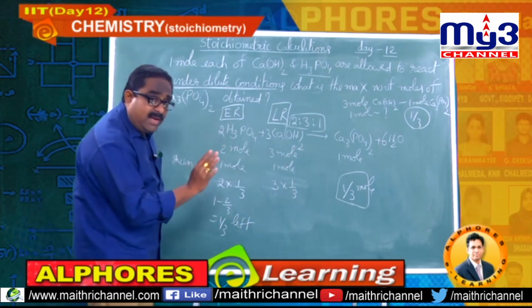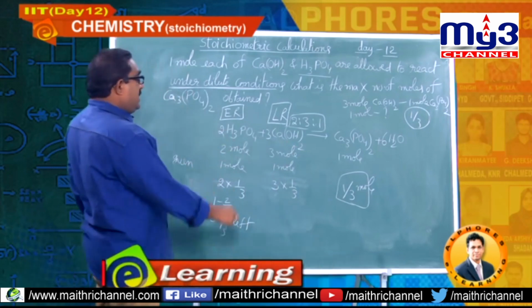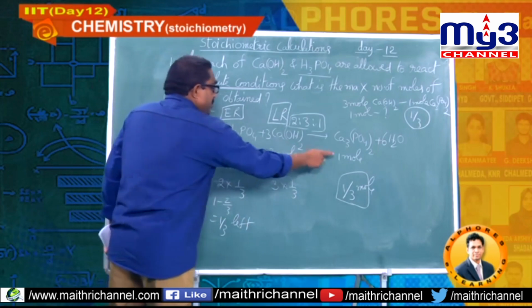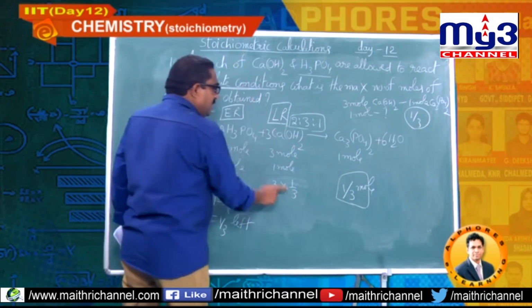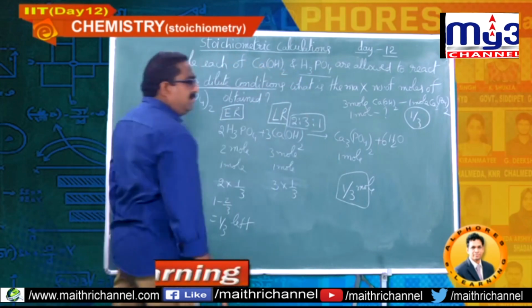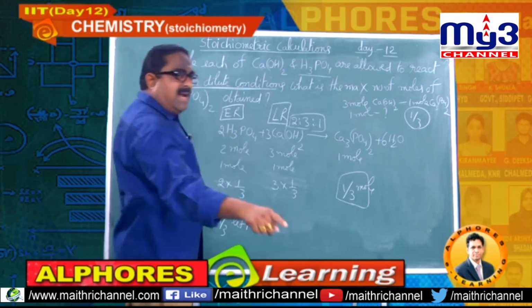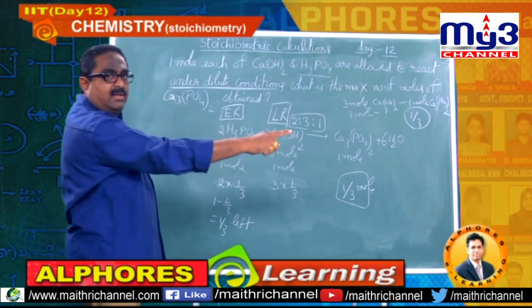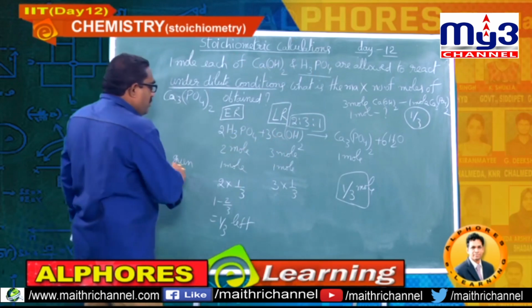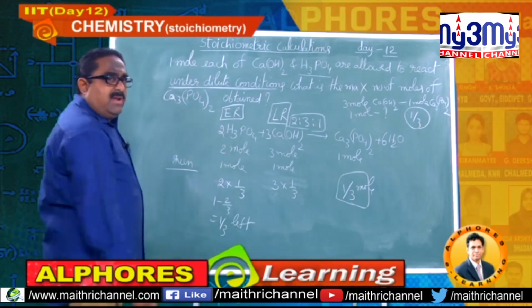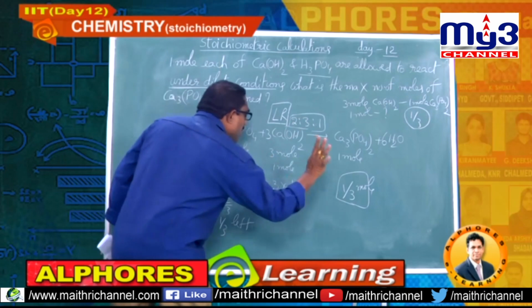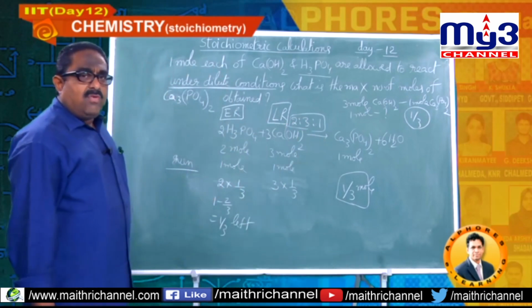I will repeat once again the explanation. Concentrate. These are the mole ratios. 2 moles should combine only with 3 moles and form only 1 mole. That you are not supposed to change at any cost. That is fixed. Now in this particular question he has given both the things as 1 mole and 1 mole only.